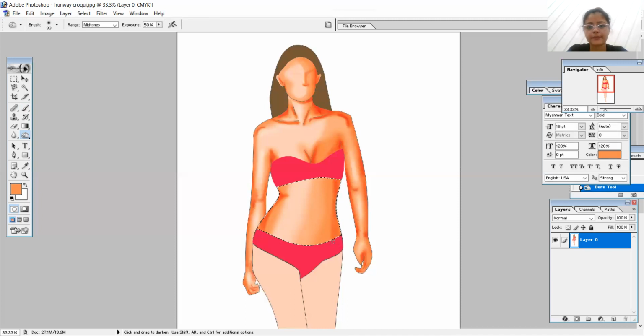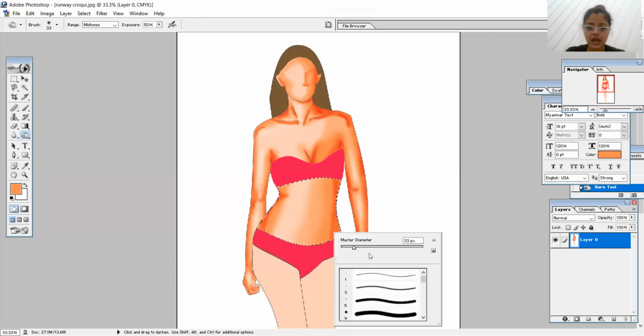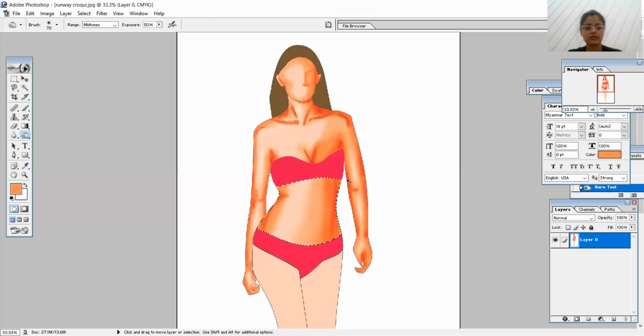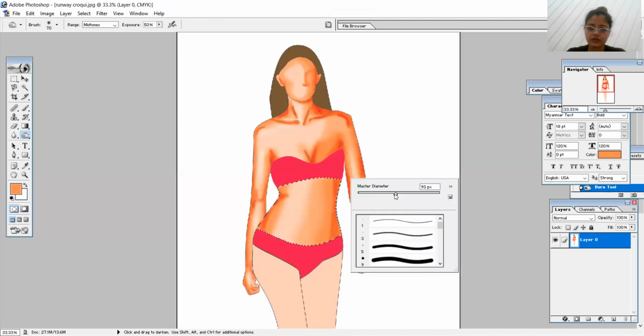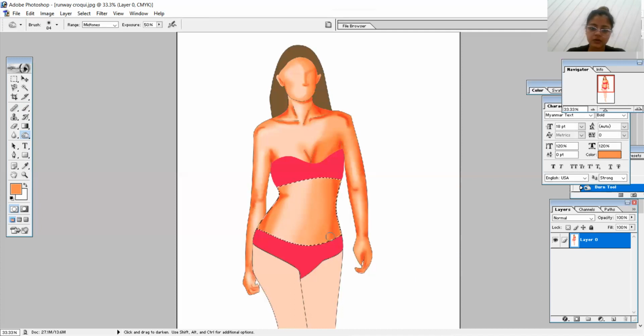You can see a proper shade that is falling from top to bottom, and merge it with a wider brush, wider radius, enough.